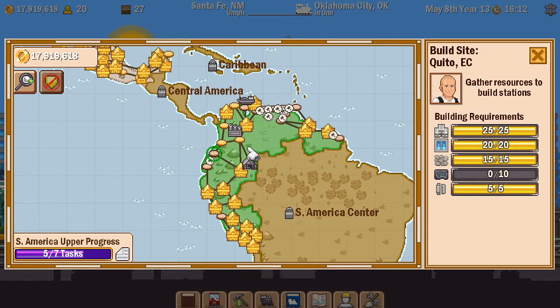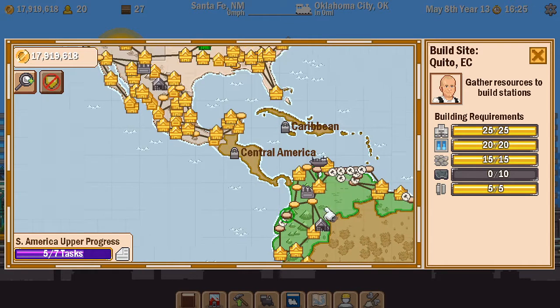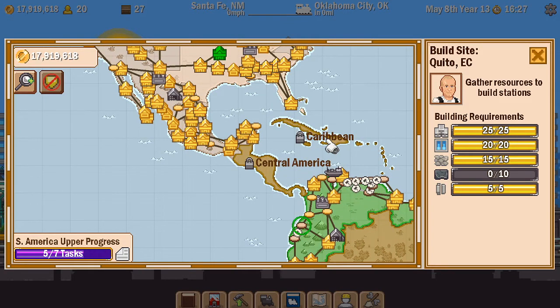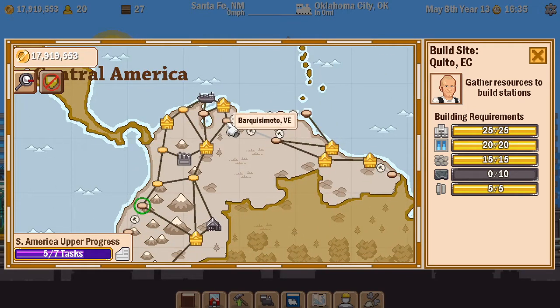From what I understand from the research I've now done, it is available in the Caribbean, I think. And the Caribbean only opens up when you open South America Center, South America Lower, then I think Central America, then the Caribbean opens up. So I can't build these stations, which, I'll zoom in slightly, means that